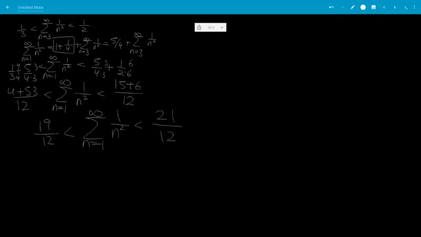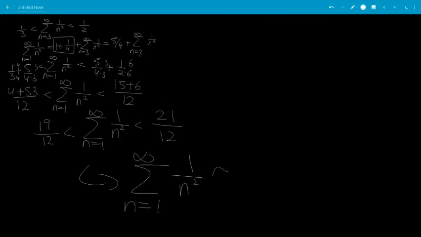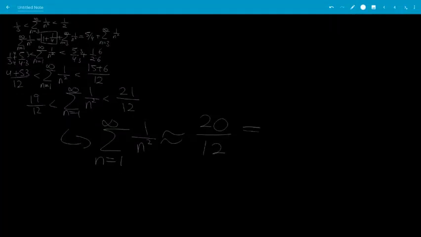So if I take the midpoint, the sum as n goes from 1 to infinity of 1 over n squared is approximately equal to, the 12 in the denominator will stay the same, and the average between 19 and 21 is just 20. And we can simplify that to be 10 over 6, which is 5/3. And that is